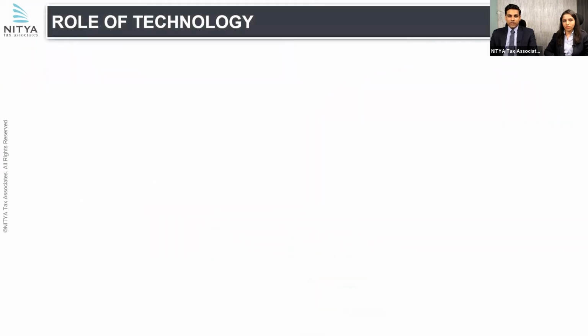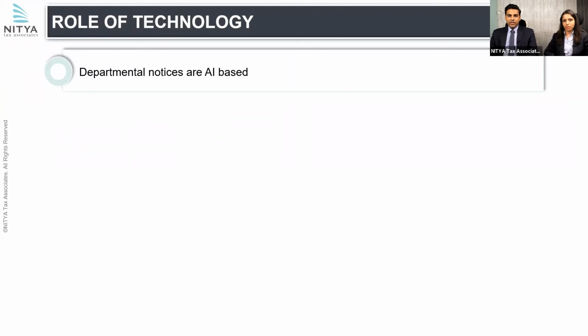How technology can help you under GST is that let us understand what is the starting point of getting all these notices. A, all your information is now being stored with the department in their portal. So most of these notices are AI based, where they are getting ready-made information about the taxpayer, about the percentage of differences between credits in books, credit in 2A, vis-a-vis supply declared in GSTR 1 and 3B. So that's the starting point, which is the database the department is using to issue notices to you.